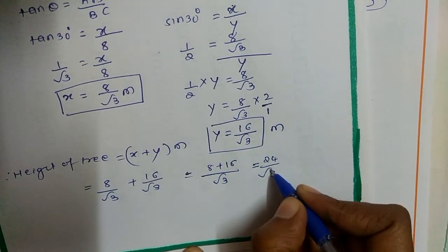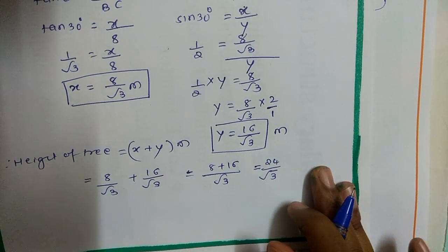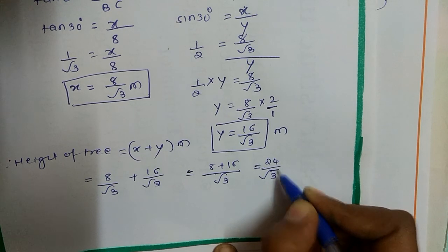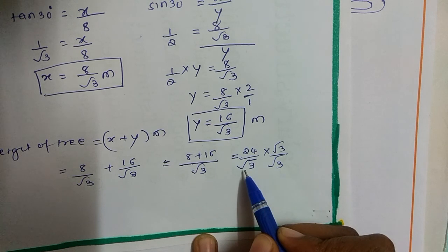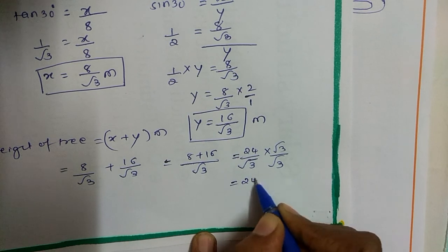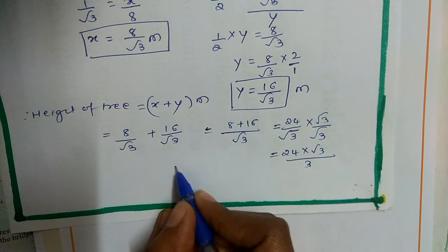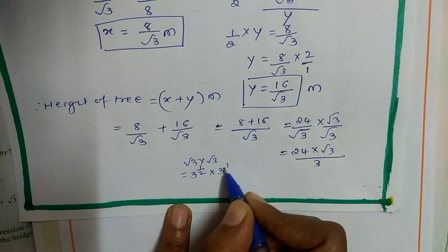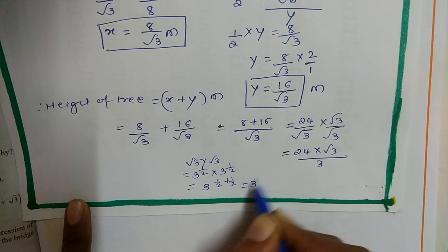Here you can see we have an irrational number in the denominator. Always remember your answer should be free from the irrational number in the denominator. So we will rationalize by multiplying with root 3, because root and root will get cancelled and you will remain with only 3. So 24 into root 3, and root 3 into root 3 will be 3. How? I'll show you here. Root 3 into root 3: root is nothing but power half, so root 3 power half into root 3 power half. The base is same, so 3 remains as it is, half plus half is 1, so 3 raised to 1 is nothing but 3.